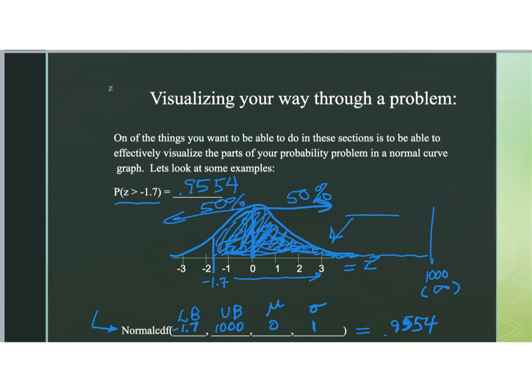So notice my connection here. This probability, I put what the probability is over there. And then also what I want to do is to label my graph so that I know that this number here that I've found is the value of my shaded area over here on my picture. Okay,